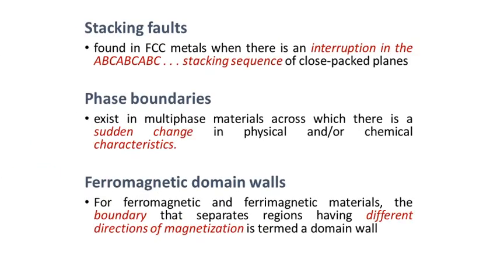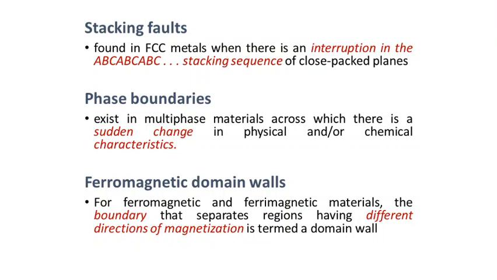Then another type of surface defect or two-dimensional defect is the stacking fault defect. We know the different arrangements of atoms. Stacking represents the layer by layer arrangement of atoms, and we know the classification of stacking, which is AB stacking and ABC stacking, commonly found in crystalline materials. So if there is an interruption of any one particular plane, or if any one plane is absent from the stacking sequence, we can call it a defect.